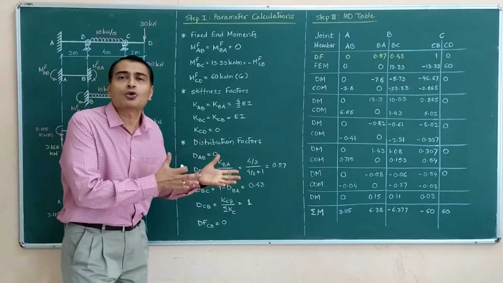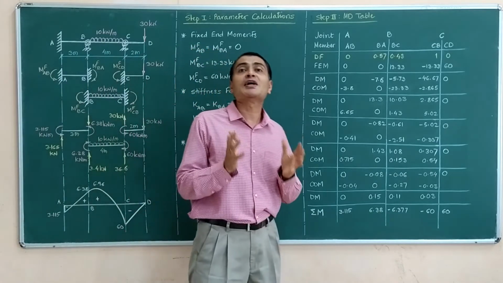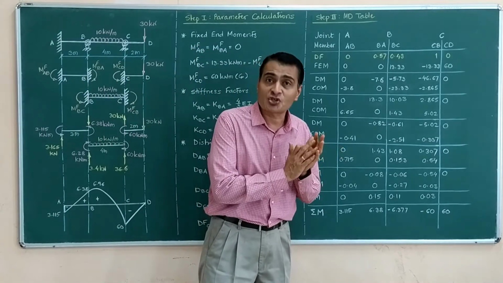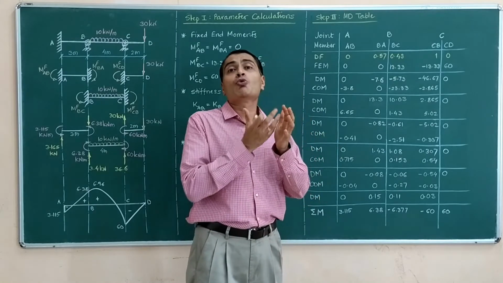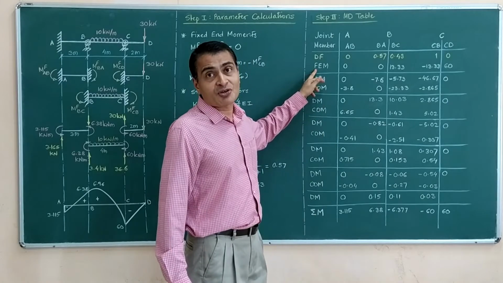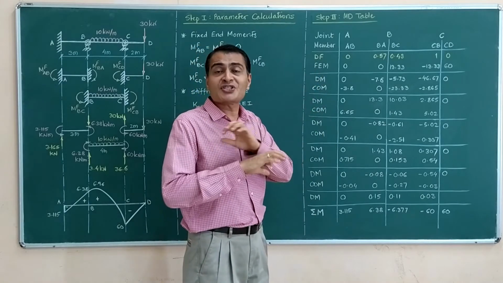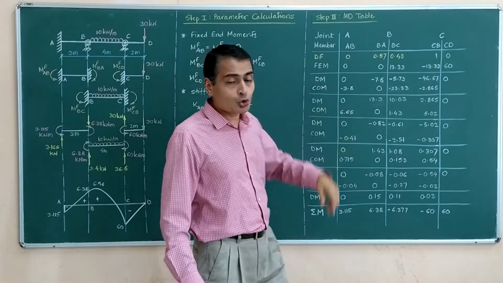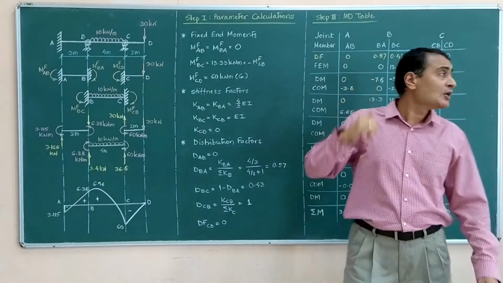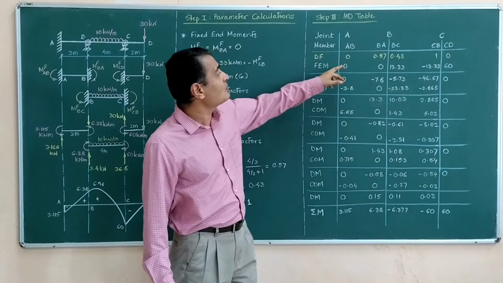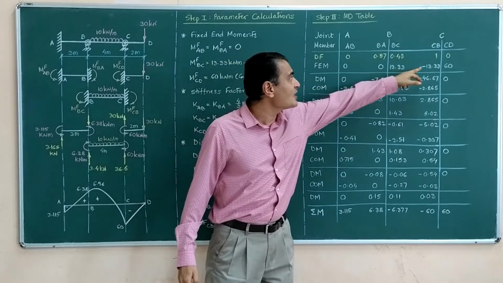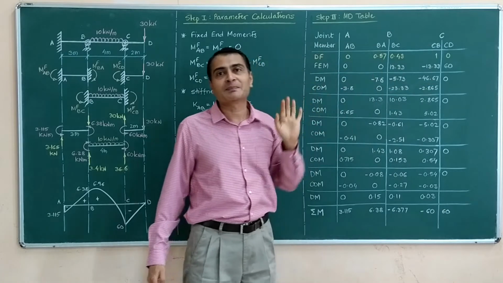So those I am substituting, and the meaning is very clear to me. That is the proportion in which the moments are going to be distributed when I apply the moments to balance the joints. Fixed end moments. The first step is to restrain all joints and write fixed end moments. Those also we have already calculated here. So the same I am copying. So I am getting fixed end moments MFAB, MFBA, MFBC, MFCB, MFCD.